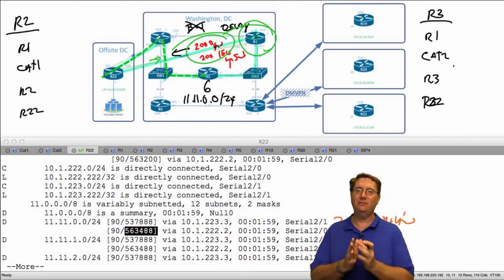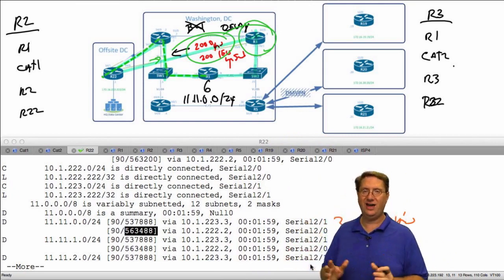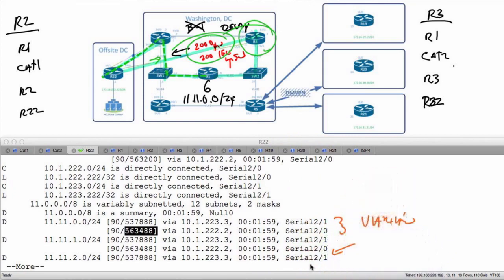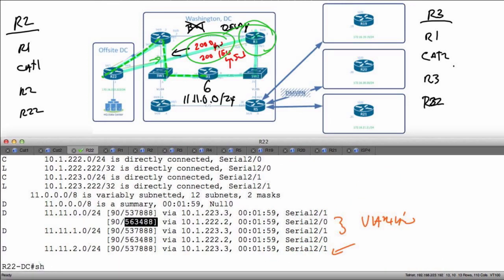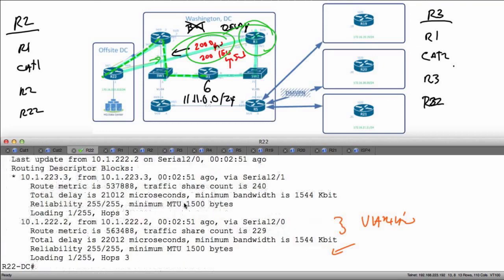Since it's going to be sending information across these links in an unequal cost fashion, let's look and see how the system is going to actually accomplish that. So what we'll do is I'm going to type show IP route, and I want to look at 11.0.0.0/24, and what we're going to see here is I want to look at my share count. Notice it's going to send 240 packets